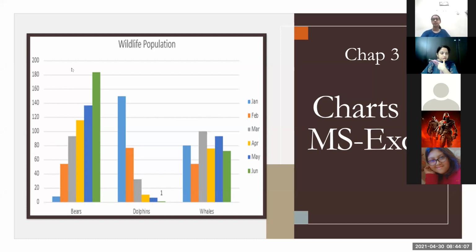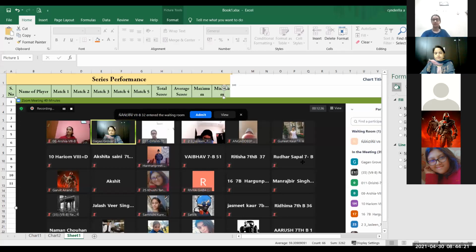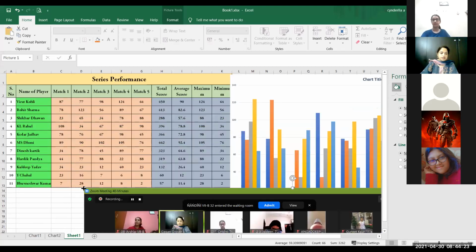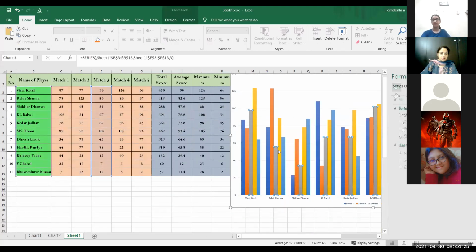Moving a chart is what I told you in the previous class, when I moved the chart to a separate sheet. See, I'm going to share my screen again. I can select this chart and move it to another sheet.